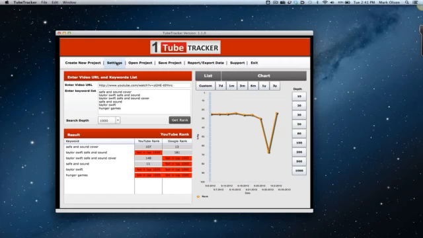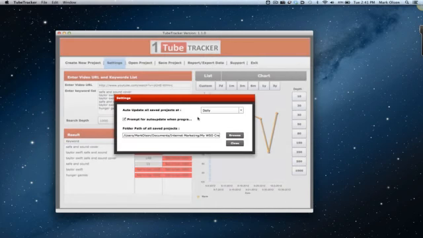Here we have the settings page. The software runs on Adobe Air, so it works on both Macs and Windows computers. I run a Mac myself. It's really handy. You just leave the software open. You can minimize it down in the toolbar, and it will automatically check your rankings every day, or less frequently if you prefer. That's the auto update there.